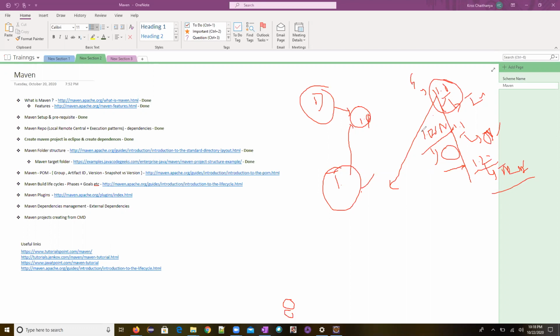Whatever the latest code available, that latest code will be derived by the snapshot. It will not depend upon the version number, whatever the latest code it has, it will get that. So version will fix to the number, whereas the snapshot will fix to the latest version of that one.